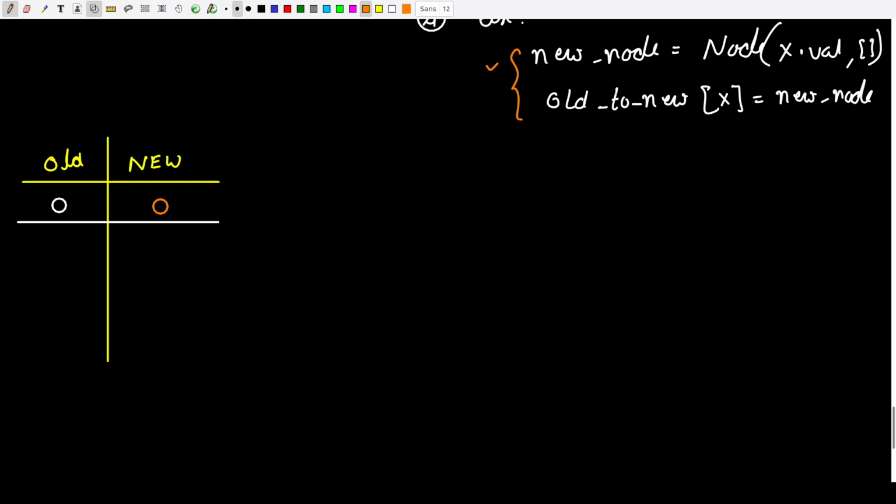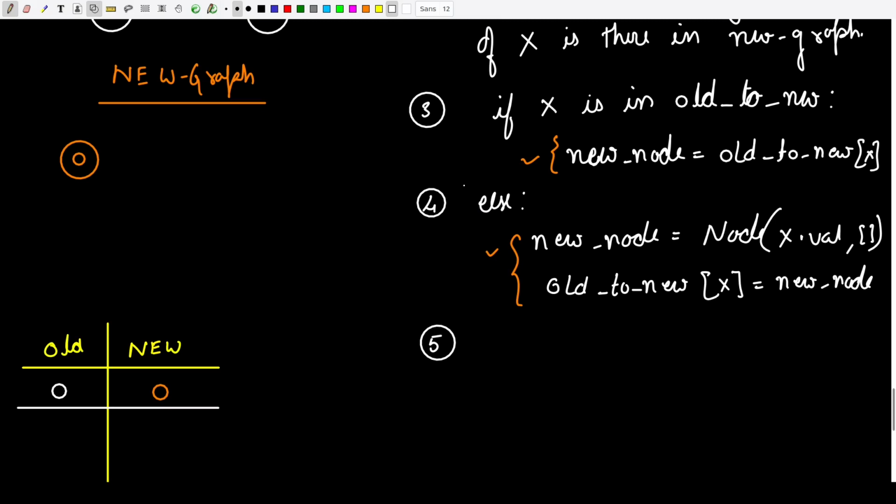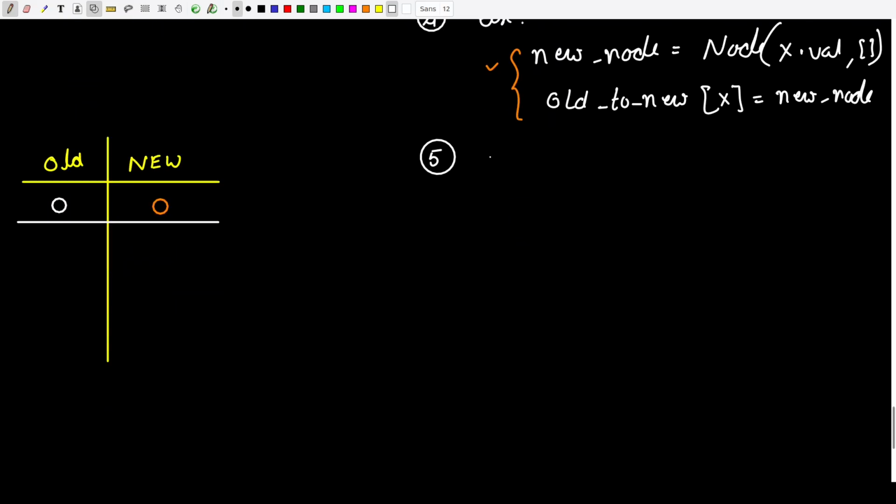Okay, so after doing this, now in the 5th step, so far in the new graph I have just created a node. Now I need to point to the correct neighbors, right? So now let us adjust the neighbors here. To adjust the neighbors, I will iterate on the neighbors of x. So for neighbor in x dot neighbors, remember this x is in the old graph. I'm going to iterate on this, and what I'm going to check is